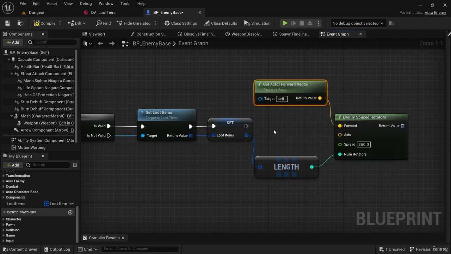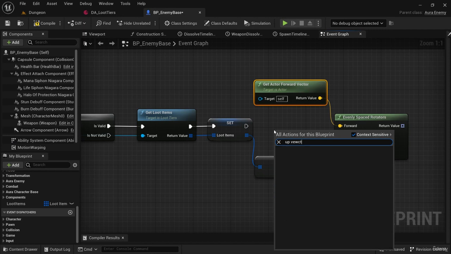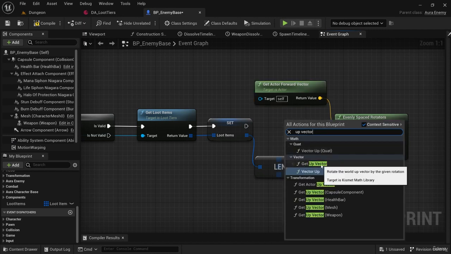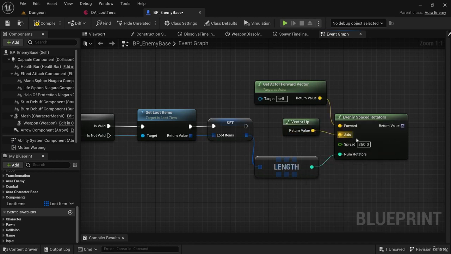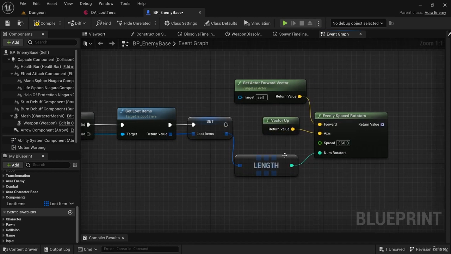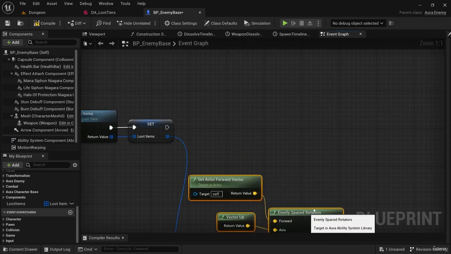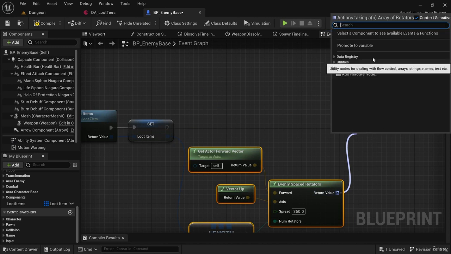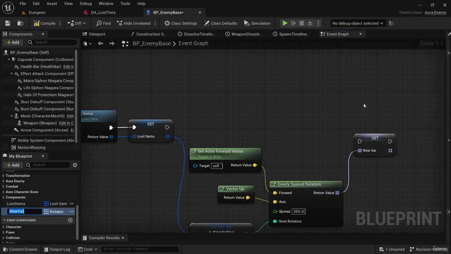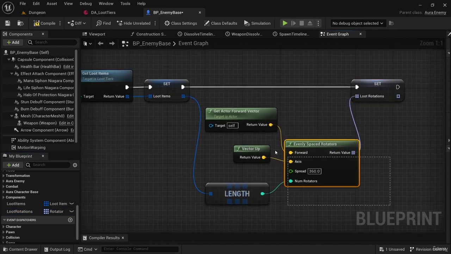And for the axis, we can get the up vector. So the vector's get up vector function requires a rotator. There's also vector up, 3D vector, Unreal up direction constant. That's the one we'd like. So we'll pass that in as the axis. And now we have evenly spaced rotators, which we can also promote to a variable. So promoting this to a variable, I'll just call this loot rotations. So we have loot items, we have loot rotations, and this function could